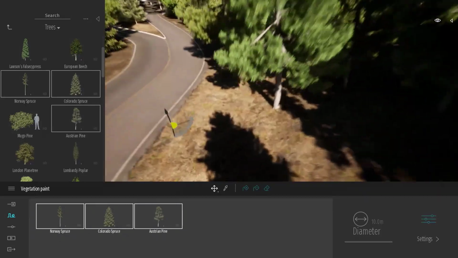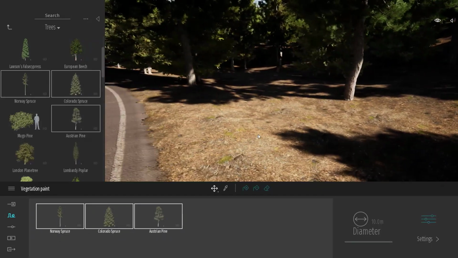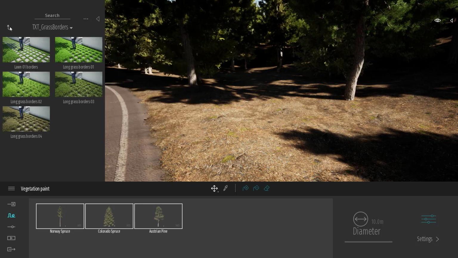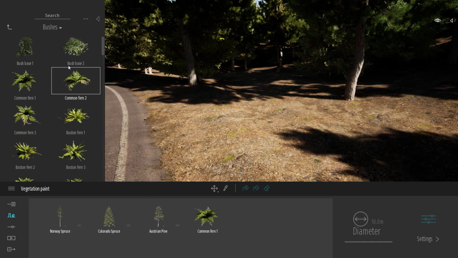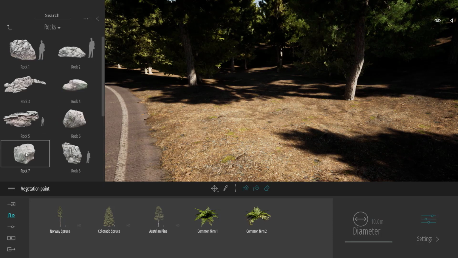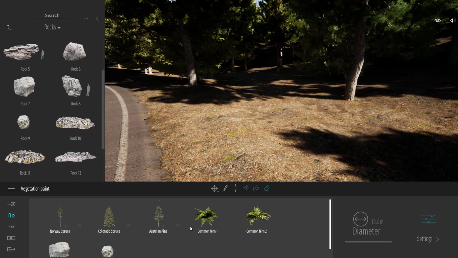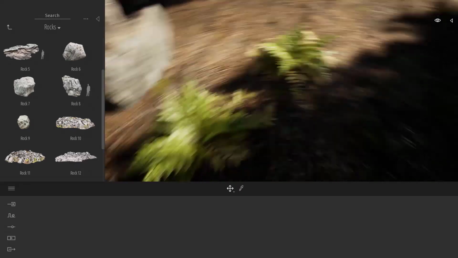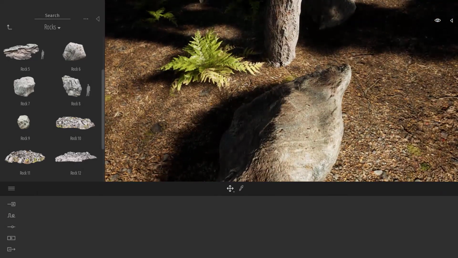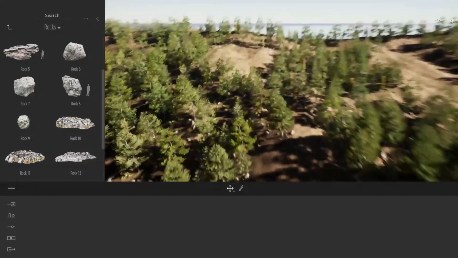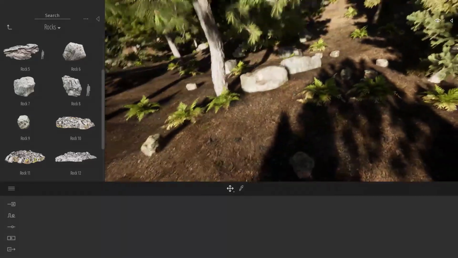If I come closer to the ground, as you can see right now, we just have some trees and forest. So I'll come back to my library, enter the bush folder, and drag a few bushes down here. We can also add some rocks, like this one and this one. Same process: I select the item, I select my bucket, I click one time on my terrain, and here I have scattered all my objects all over the place. And I have the same quality on all my terrain. I can go up to the edges of my terrain, and I have the same level of detail.